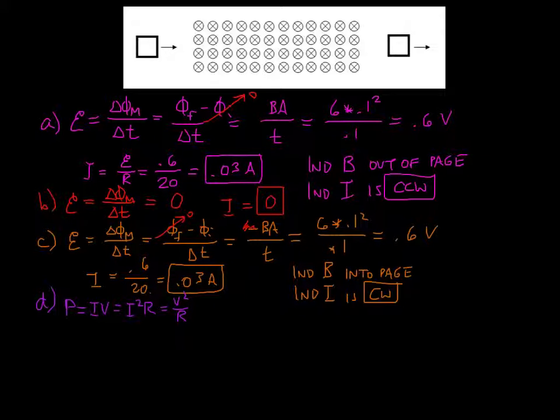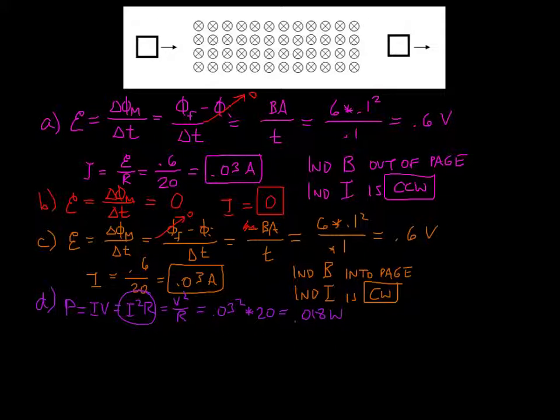I'm going to go ahead and use the I squared R, since I was what we solved for in part A. So it's 0.03 squared times the resistance, which was 20,